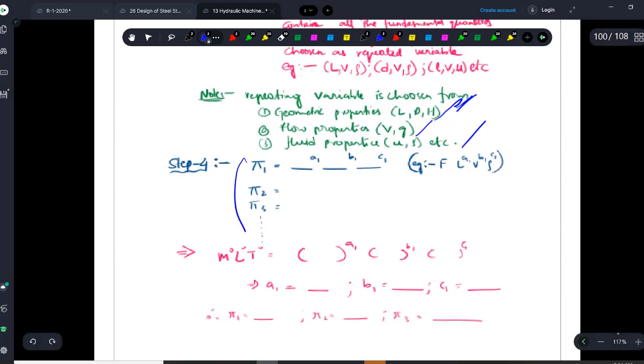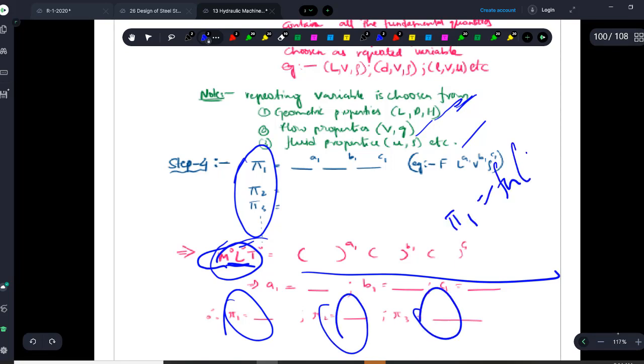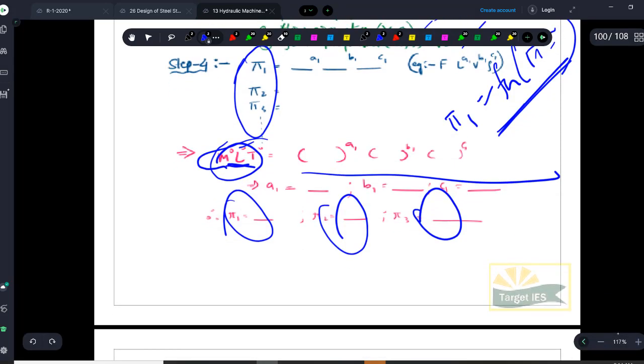Next, what you have to do? You have to write in terms of pi terms. I taught you, right? In the above example, how to write pi terms. So you can just write the pi term, and each pi term is a dimensionless quantity. So you can substitute and find out what exactly your pi terms are, and you can write pi 1 as a function of pi 2, pi 3, pi 4, and that will be your answer. I hope it is very clear for you. Did you understand the concept? So this concludes your dimensional analysis.